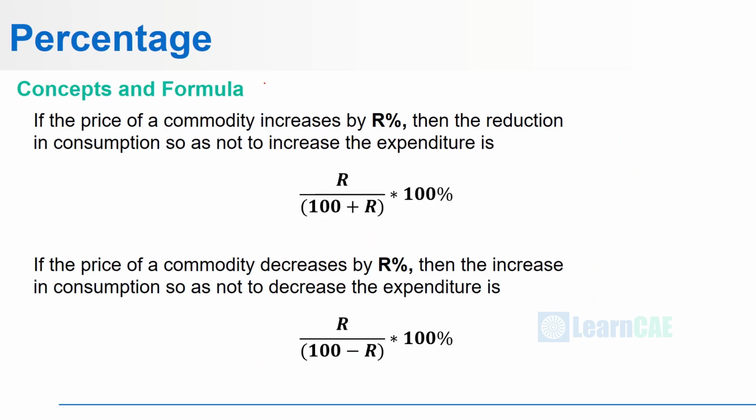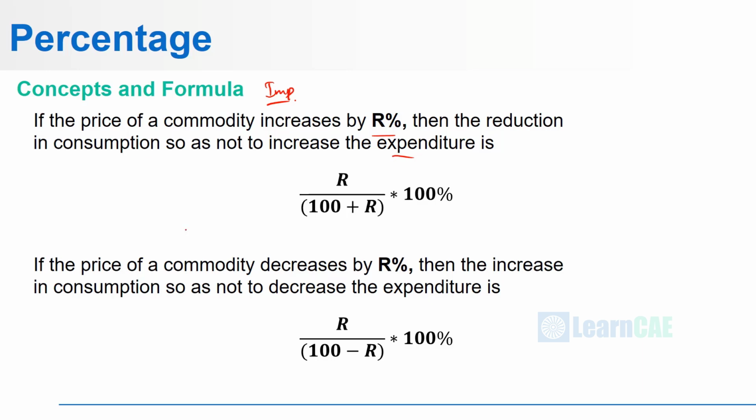Next we shall see another concept. This one is quite important. Here, if the price of a commodity increases by r percentage, then the reduction in consumption so as not to increase the expenditure is r by 100 plus r into 100 percentage. Here it means when the price is increasing, you have to reduce the consumption so that the total cost is